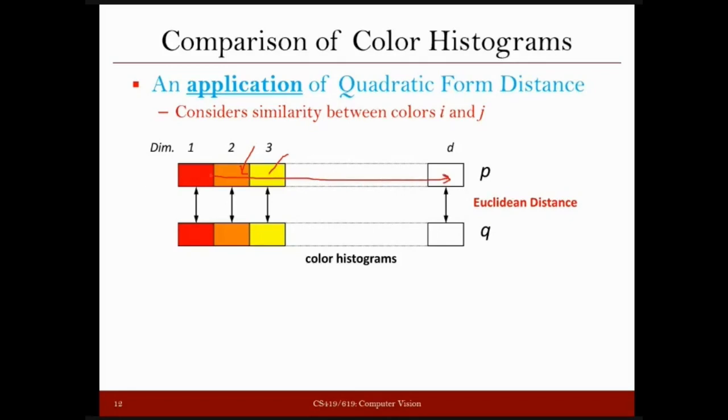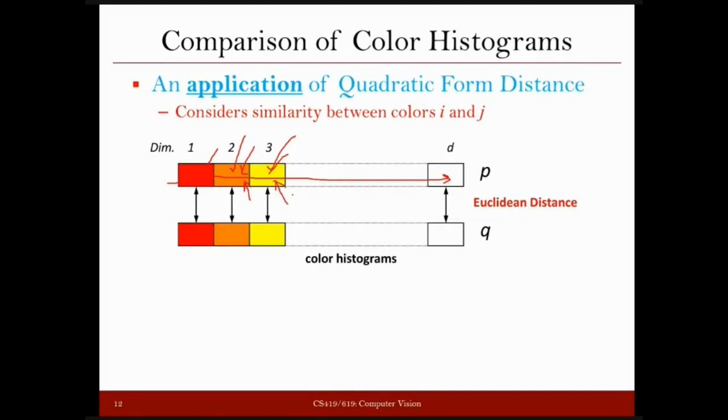Now, the histogram of any image which has these many colors simply means: count the number of pixels which have this color and put it here. Count the number of pixels in your image which have this color and put it here. Similarly, the number of pixels which have, let's say, the yellow color, you can keep them here, and so on. So suppose your image has 10 pixels of red color, so the value 10 goes here. If it has 20 pixels with this color, 20 goes here. If you have, let's say, 15 pixels with this color, then 15 goes here.